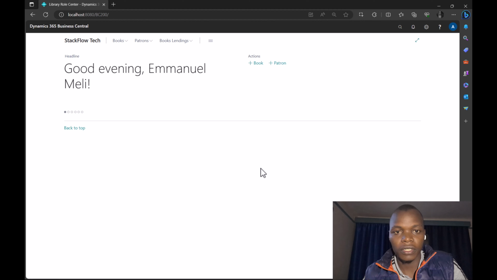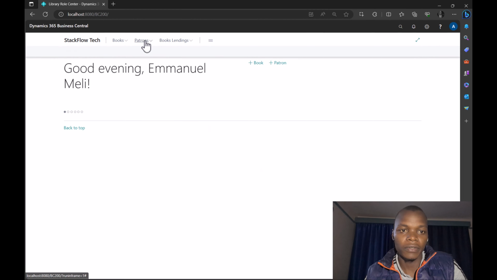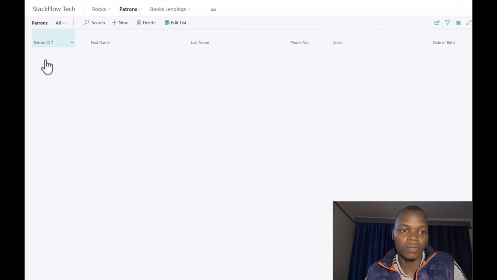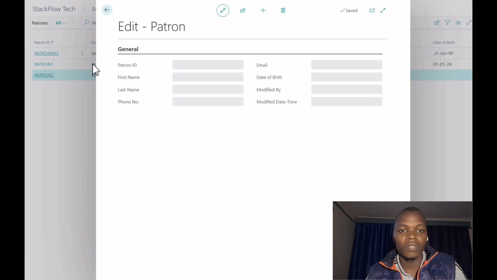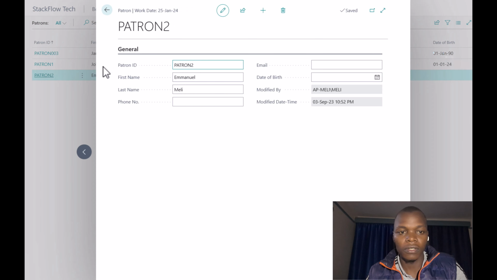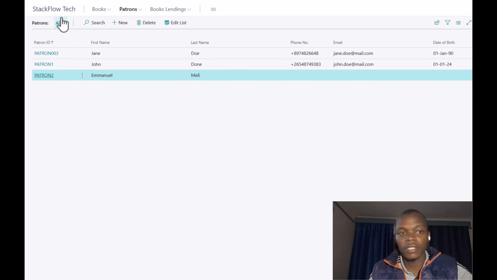So if you had created patron one, then it creates patron two for you, so that you don't have to type all these fields, and we can still make that field not editable. So I'm going to create a table,